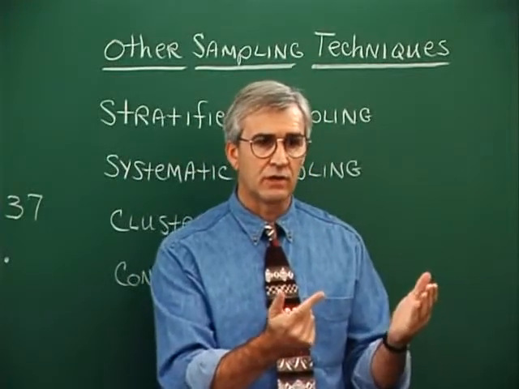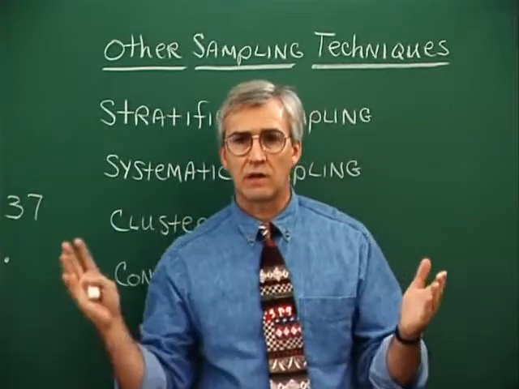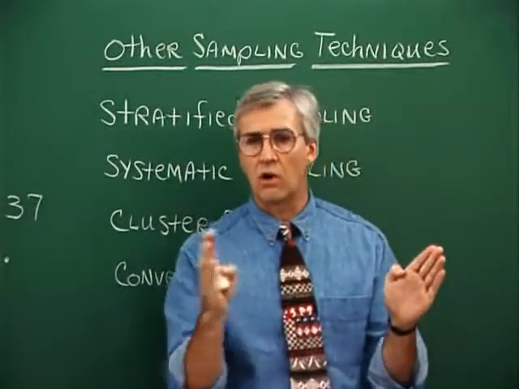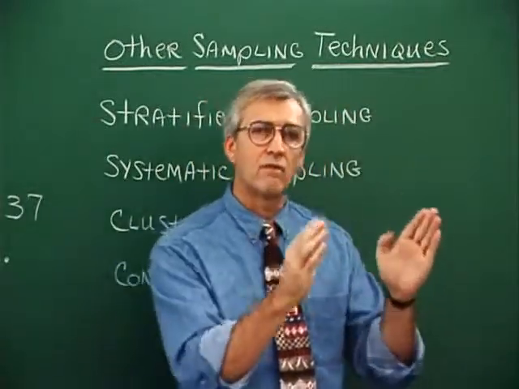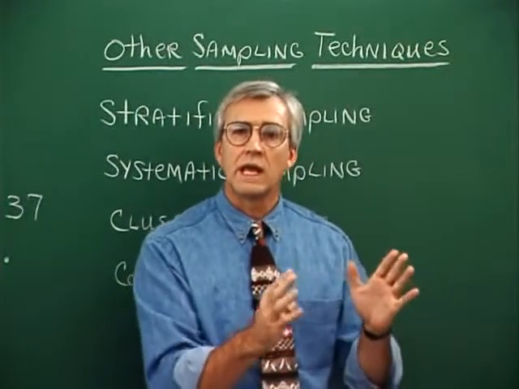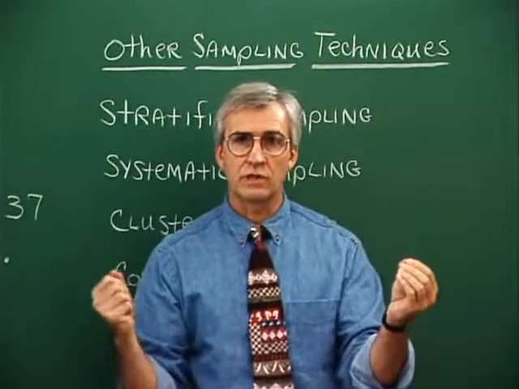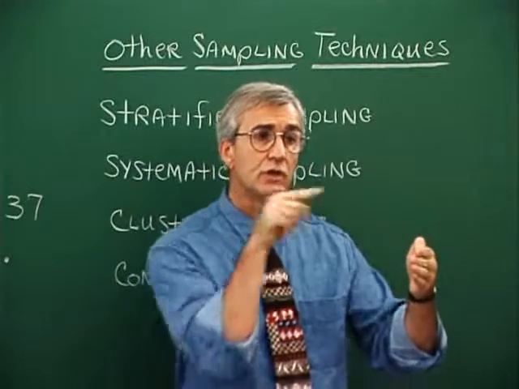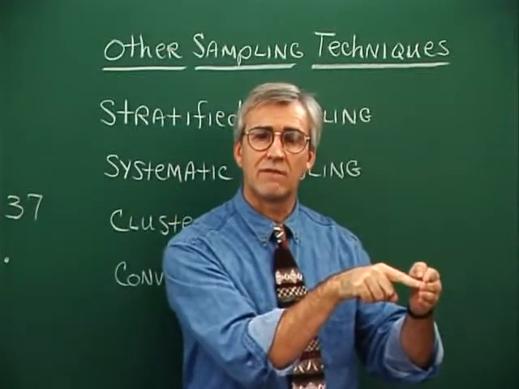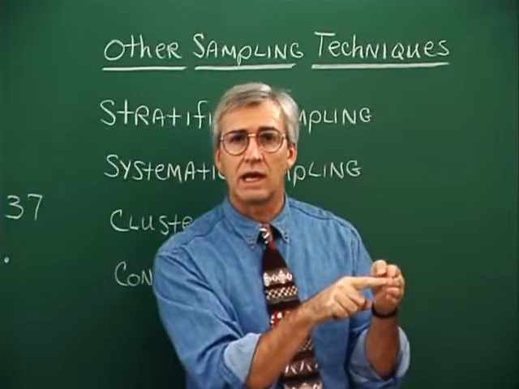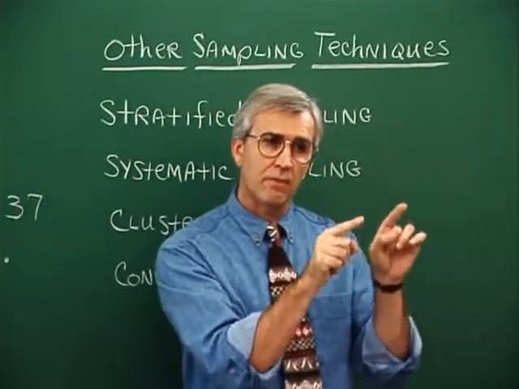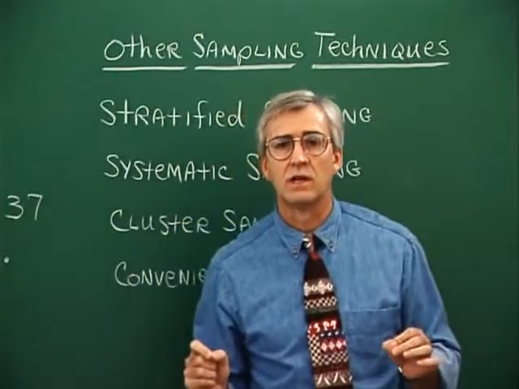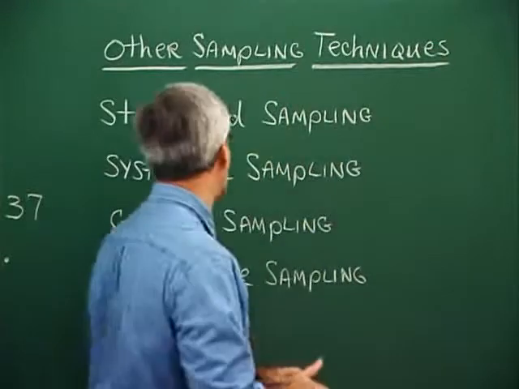upon what we want in the survey, suppose we know that the freshman class is significantly larger than the other classes. That is, let's say that the freshman class, instead of representing 25% of the overall population of the high school, they represent 40% of the overall high school. So in this overall sampling that we're taking from the freshmen, sophomores, juniors, and seniors, perhaps 40% of the overall sample should come from this freshman class. You see, that's kind of an advantage of doing it this way. You're making sure that 40% of the sample comes from that freshman class because that's how they're represented in the overall population. So stratified sampling, that's what that's all about.